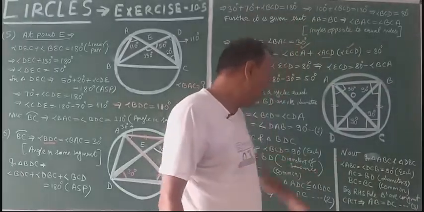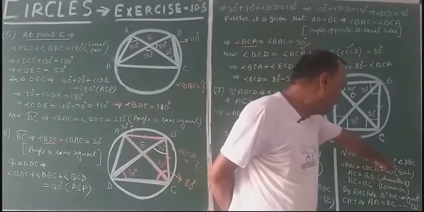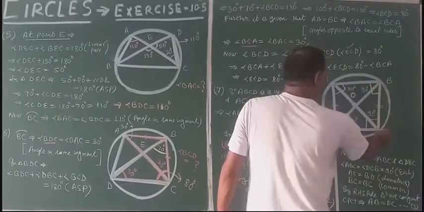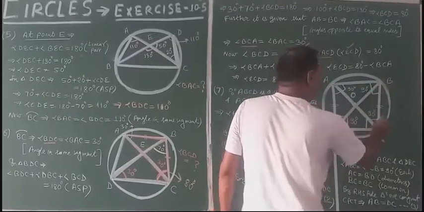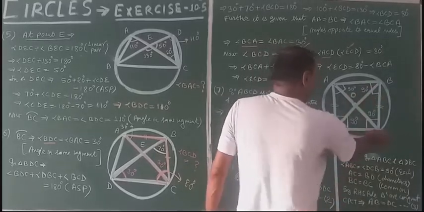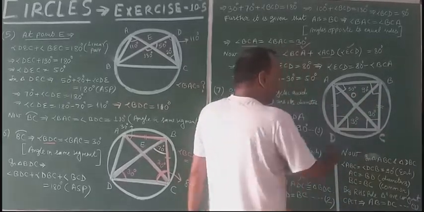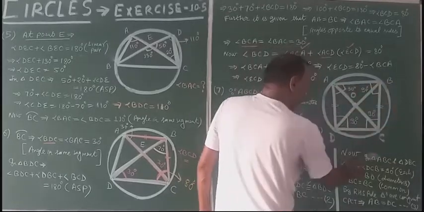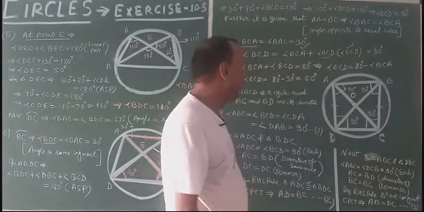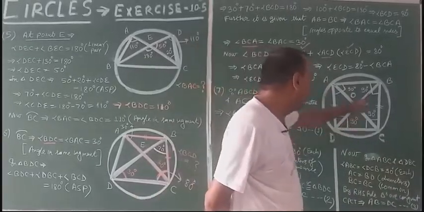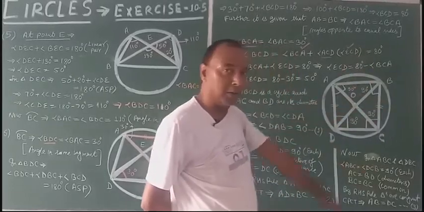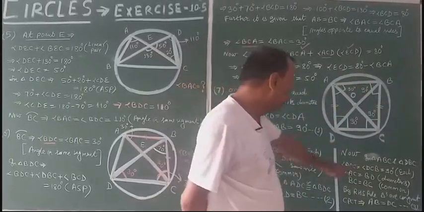Now, in triangle ABC and DBC, just look here. Its angle B is 90 and its angle C is 90. That is, angle ABC is equal to angle DCB. Both are equal to 90 degrees. This AC will be equal to BD because these diagonals are the diameters of the circle. Therefore, AC is equal to BD.